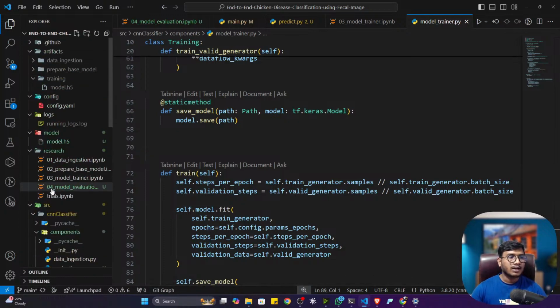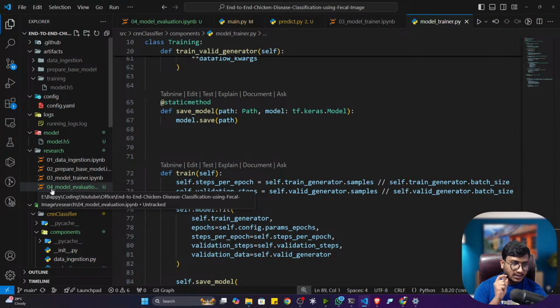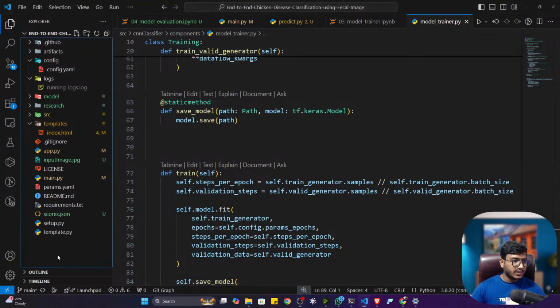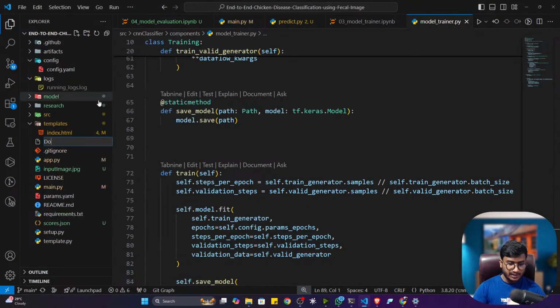So yes guys, now let's create the Dockerfile, and you have to follow the same deployment process I showed you in my machine learning video. That same deployment video I will add, so you can follow it and deploy this project in the cloud. So now let's create the Dockerfile. To create the Dockerfile, I'll create a Dockerfile here,